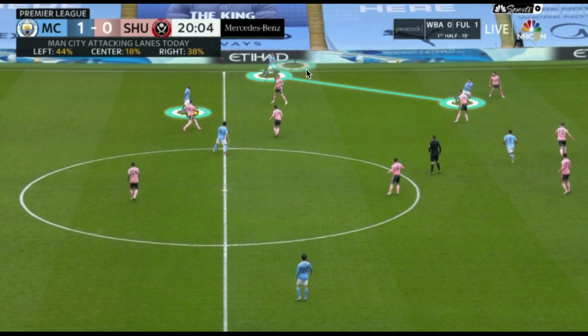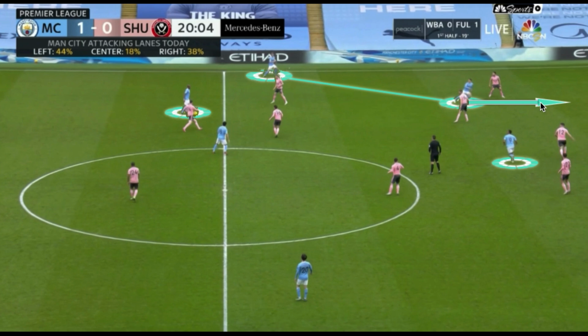So they always have this diagonal relationship, and then while this is happening, since the space between the lines, I'll highlight it now, since the space between the lines, as I'm highlighting here, the space that is really dangerous and really crucial for creating opportunities and going into advanced areas. This space is now vacated by Manchester City, and from Foden's run in behind, which I will highlight again here,